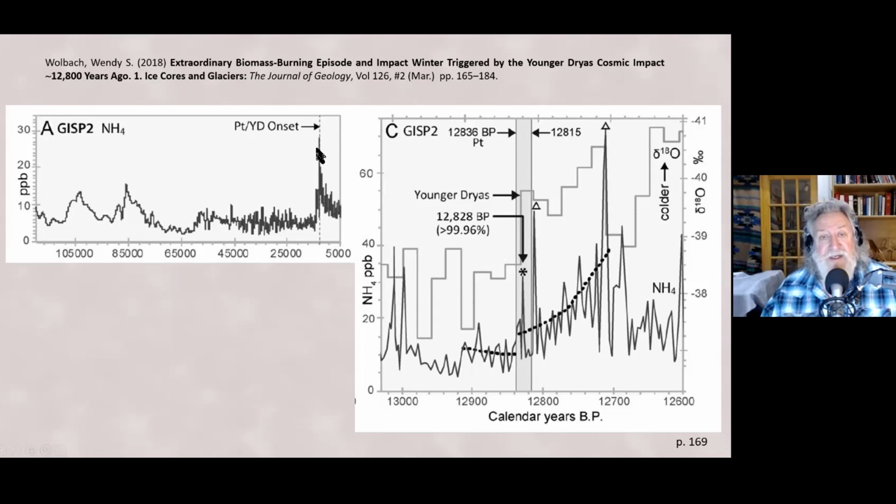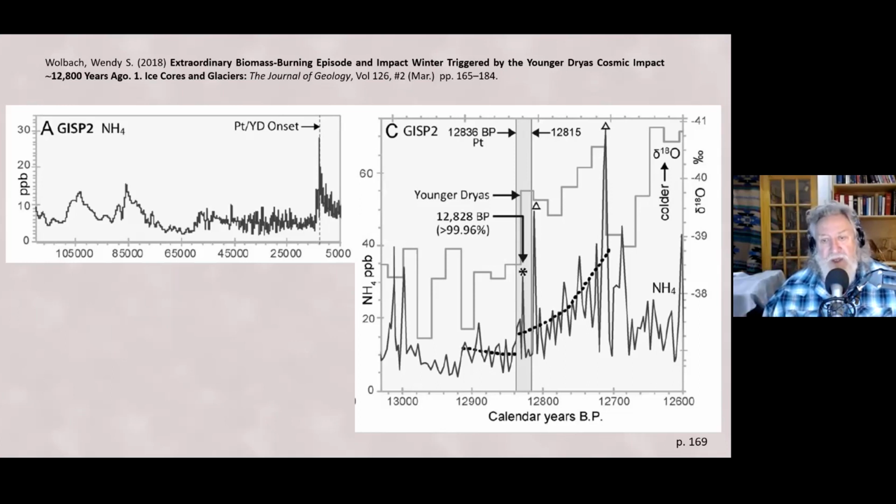It spikes right here. And notice that that spike is precisely the same as the spike of the platinum in the Greenland ice core. So now we've got these two things. We've got the ammonium, which is a proxy for biomass burning, exactly coinciding with a platinum spike. Very interesting. So we see that the platinum is deposited, and then right in the aftermath of that, we see